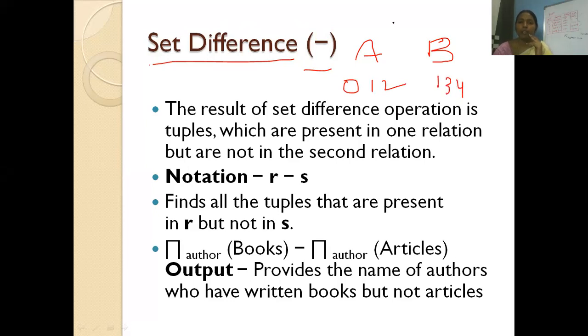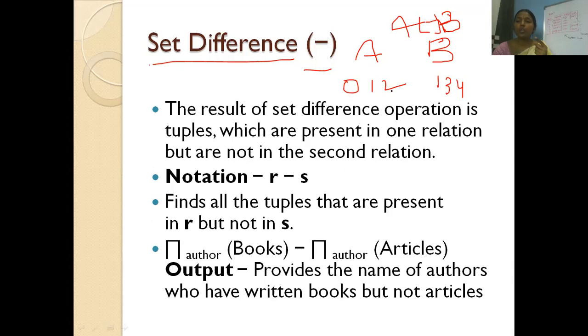If I perform A minus B, what will I get? Whatever elements you have in A, only those elements you will get, but excluding the elements of B.